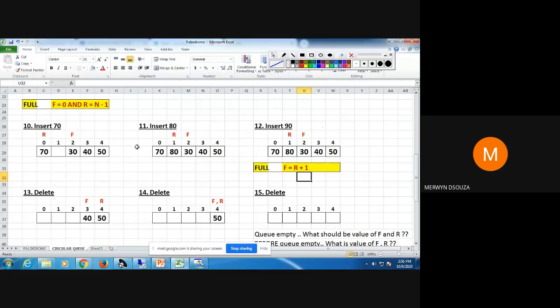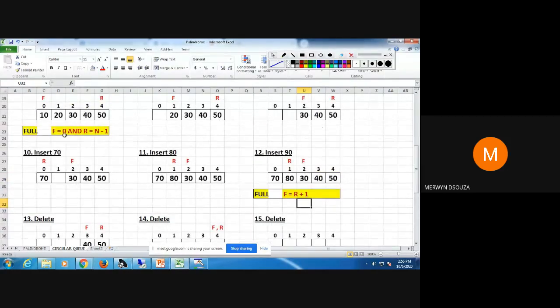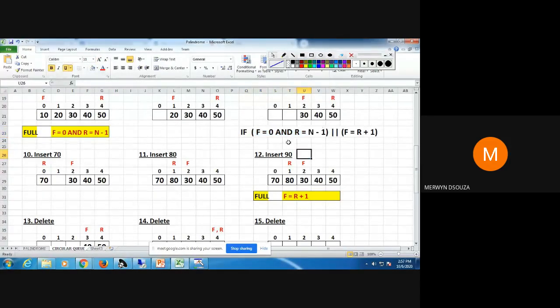So when you are writing your NQ function for a circular queue, you are going to write something like this: if this condition that I told you previously is true, or the second condition, this. So this is that first condition.